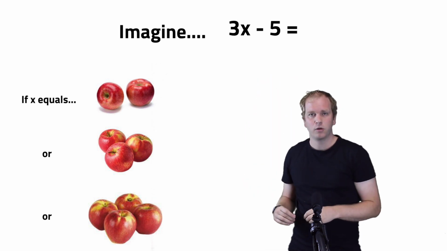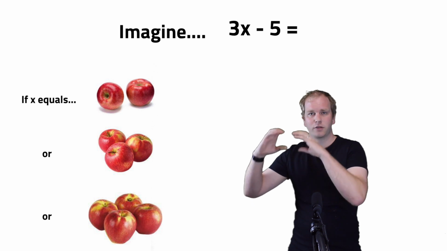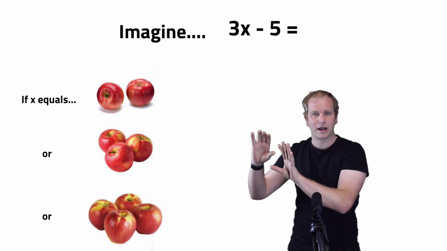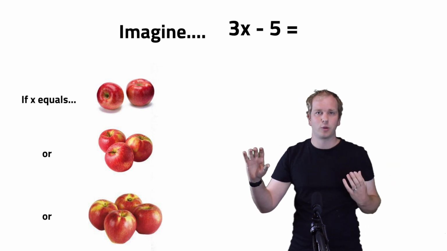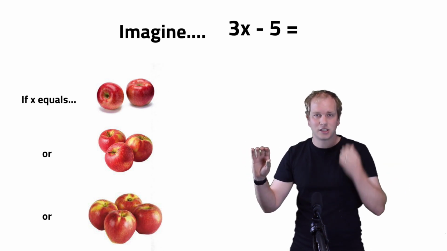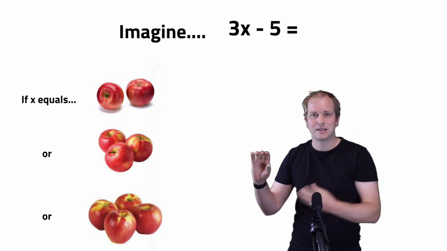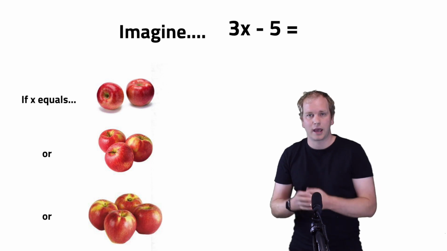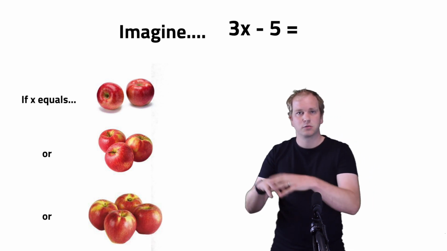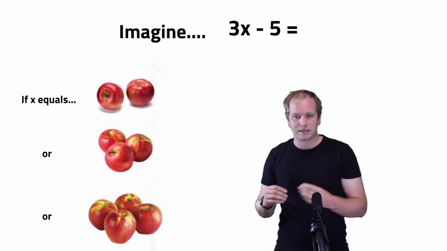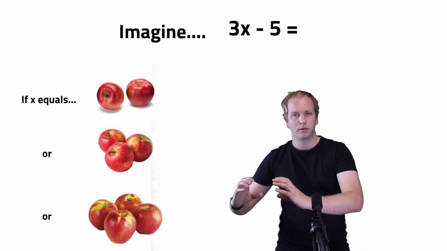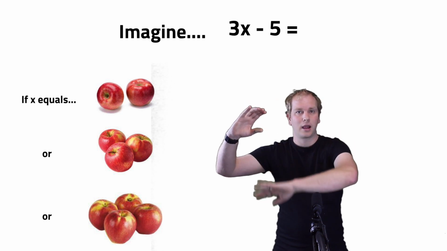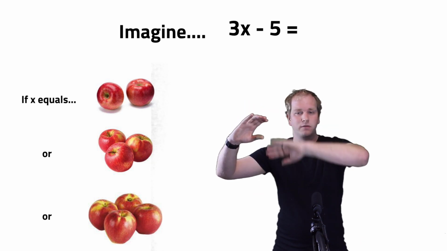So now I can say, if x was 2 apples, imagine I've got 1, 2, 3 groups of those, and now imagine I subtract 5. How many are we left with? And just through using my visualizing, my subitizing, I can see that I've got 1 apple left. Then I can say, okay, now imagine x was 3 apples. So let's think about that. Well, we've got one group of 3, 2 groups of 3, 3 groups of 3. So now I'm picturing an array with 3 groups of 3.